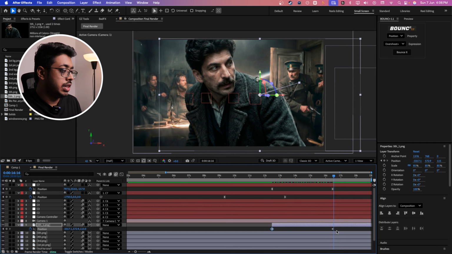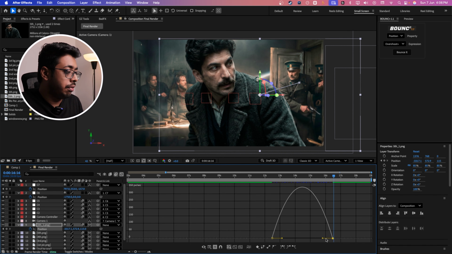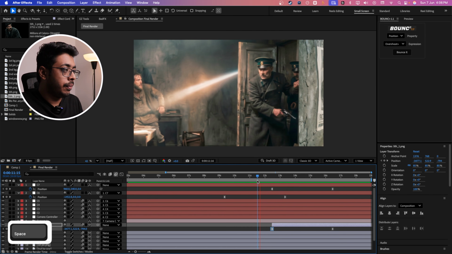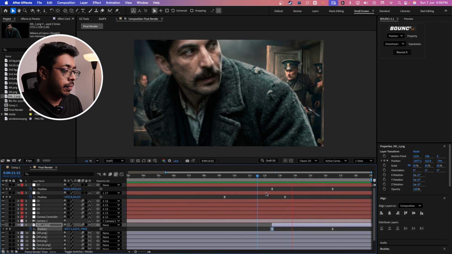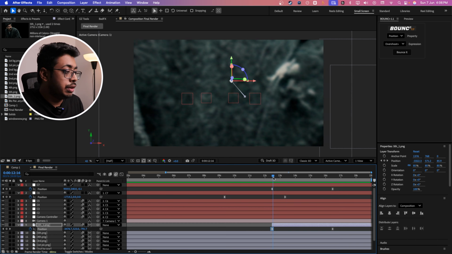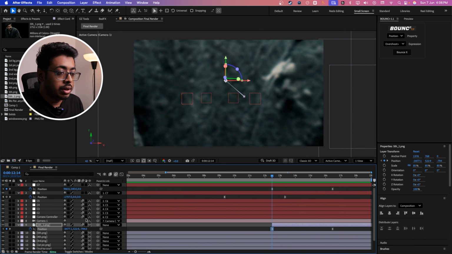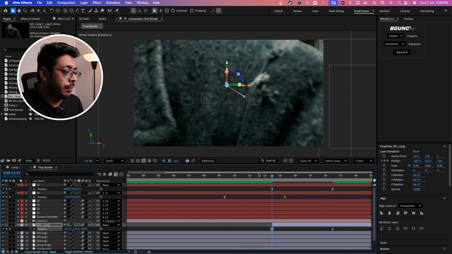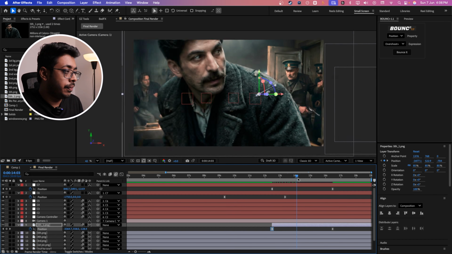Perfect. Now again selecting both keyframes, you can press F9 to easy ease. Going to the graph, you can keep it on the left. Okay. Perfect. Let's see the animation. Okay. If you think this is too fast, at this point, you can make him a little smaller, somewhat like this. Okay. And now finally, in order to add a barrier between the policeman and the thief, let's add the jail